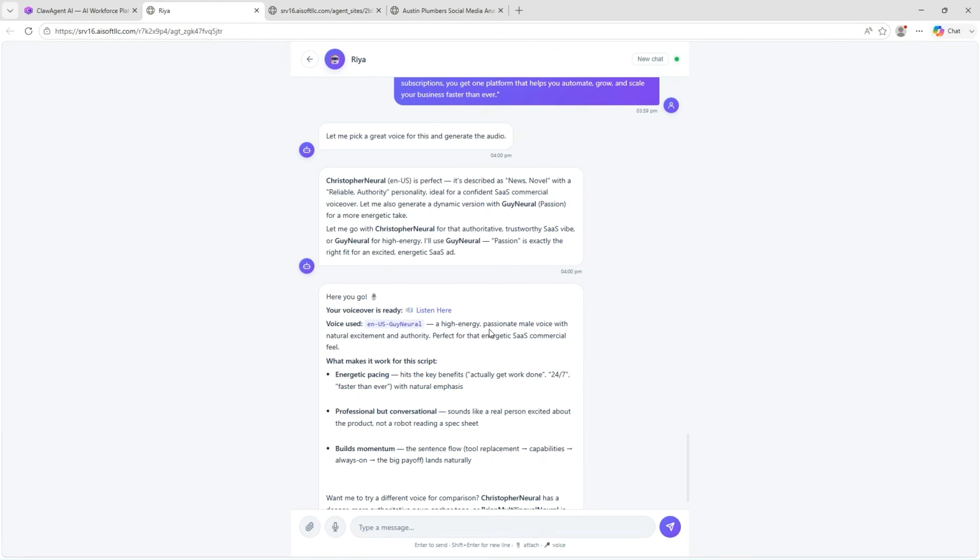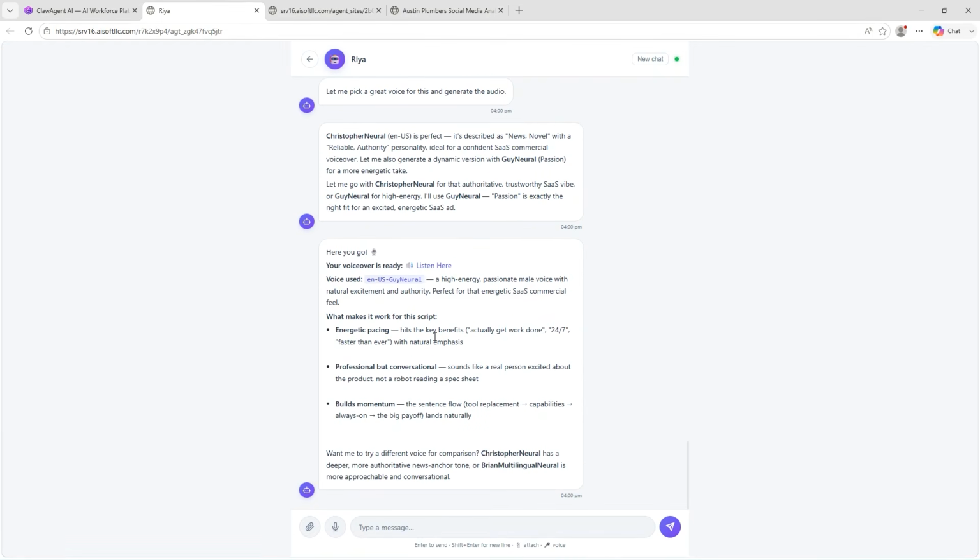ClawAgent AI is an all-in-one AI workforce that replaces dozens of business tools with intelligent AI agents that actually get work done. From creating content and websites to finding leads, sending emails, generating images,